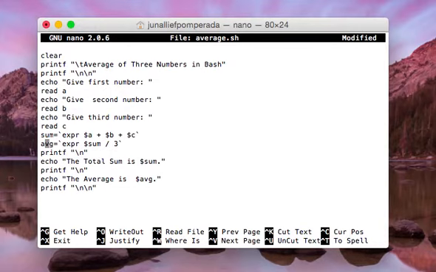And then we also have average, single quotation, expression $sum slash, for division, 3, printf \n, and